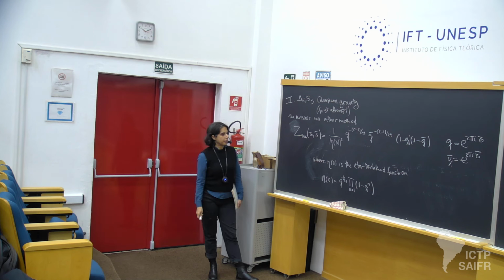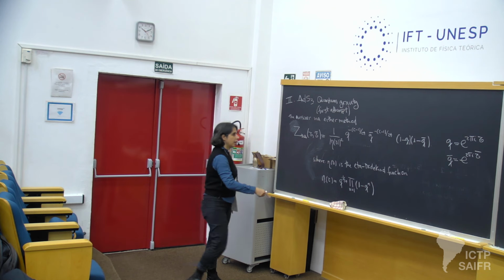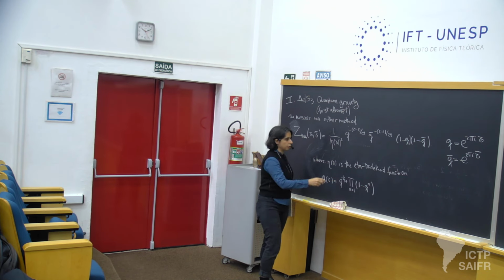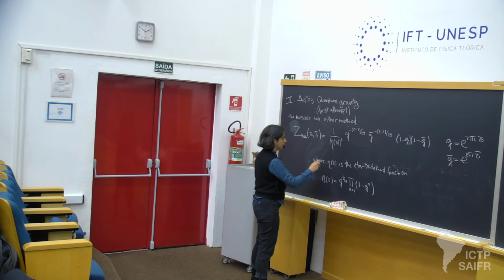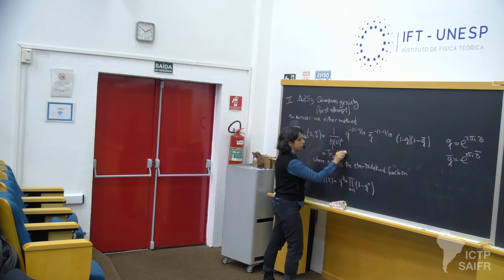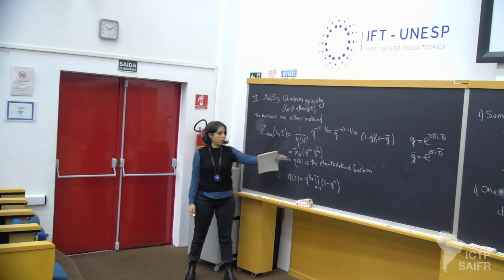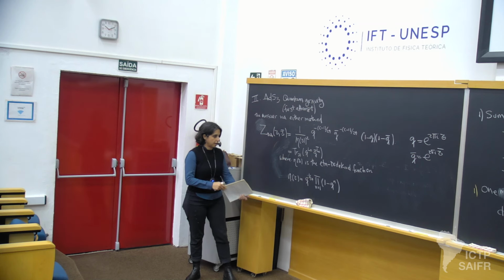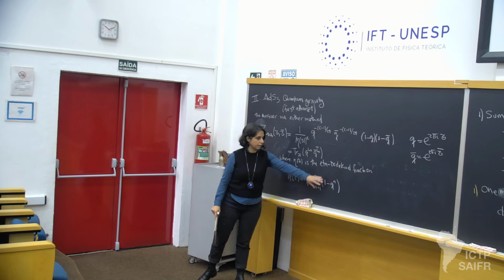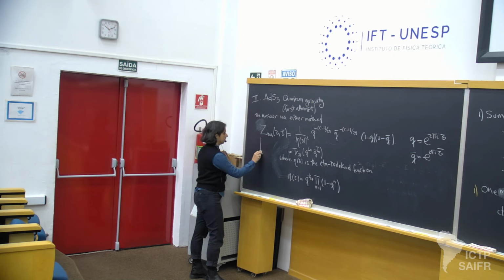And the way that you understand this answer, and that's why it connects very well with the Lorentzian method, is that this answer here has an interpretation as a trace over some small Hilbert space of what we will call q to the L0 and q bar to the L0 bar, where what you're counting here, so this is kind of a nice function. It's going to be a discrete series in q. But what this thing is counting is basically it's counting states